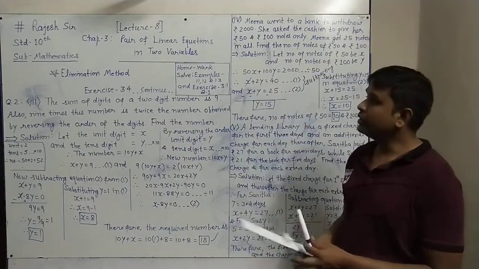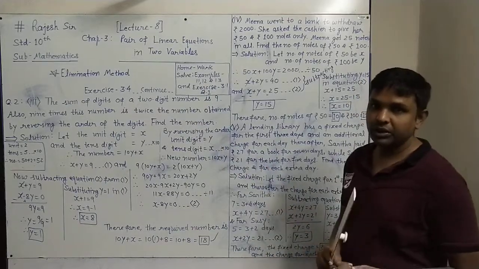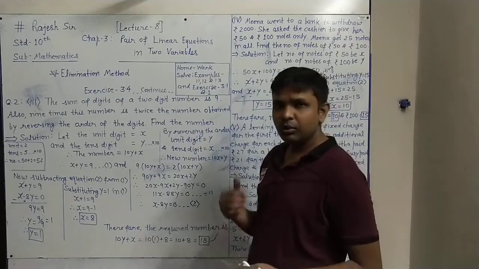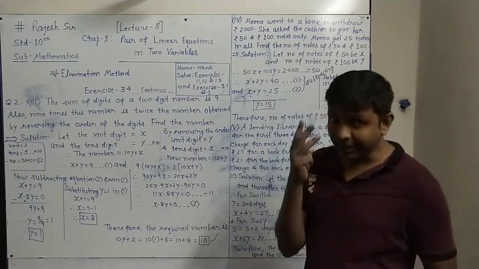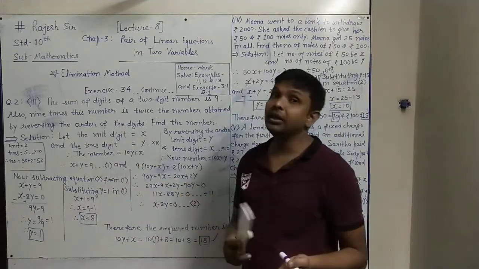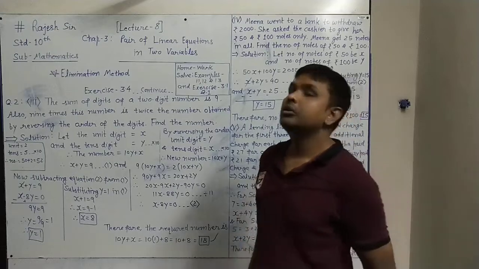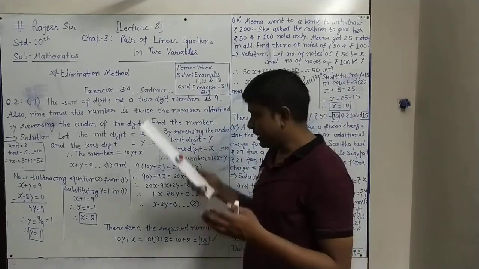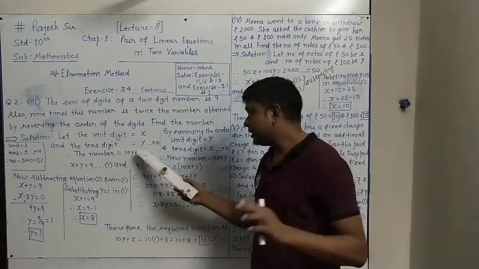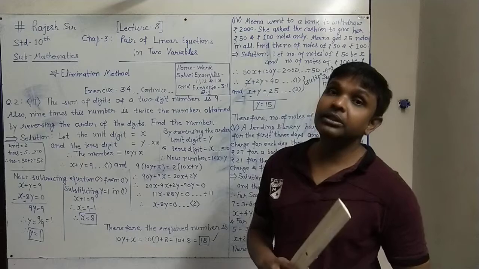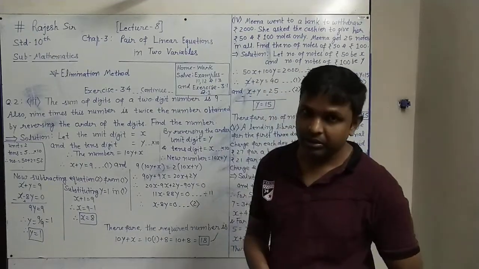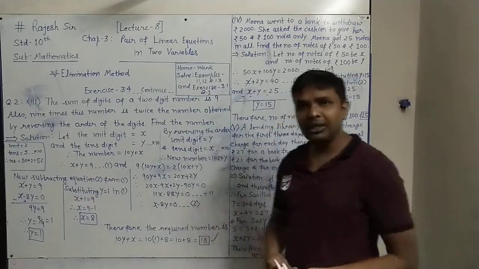So this way, whenever the question is about a two-digit number, we have to do it this way to get the number. In our course actually it is not there, but if you have a three-digit number, at that time you have to consider the unit digit as x, the tens digit as y and the hundreds digit as z. So what will be the number? As usual, the unit digit you don't multiply or multiply by 1, the tens digit multiply by 10 and the hundreds digit multiply by 100, and do the sum of all three, you will get the number. So it is just for the knowledge I told you.